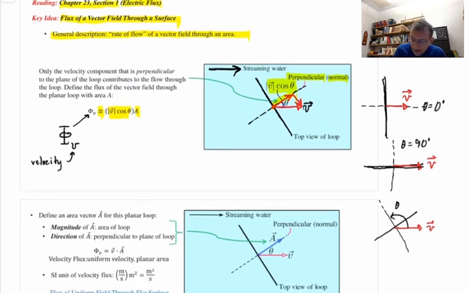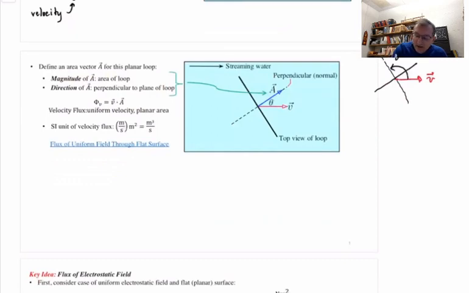Let's talk more about that. Velocity flux. That's the most straightforward one to visualize because you literally would have something flowing through this surface. Happens to be water. It turns out it's useful when you're talking about this concept of flux to extend